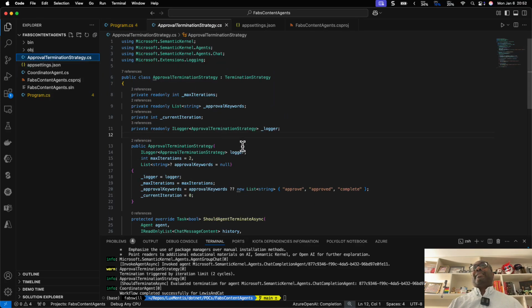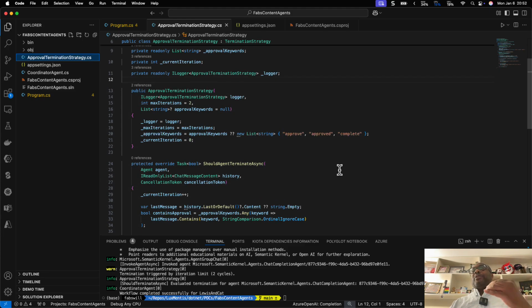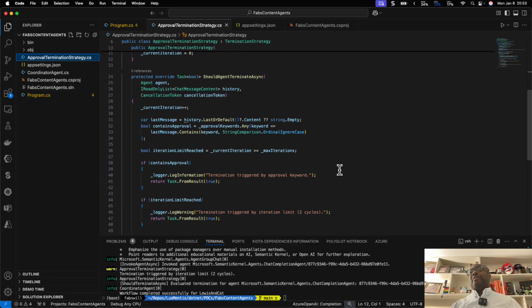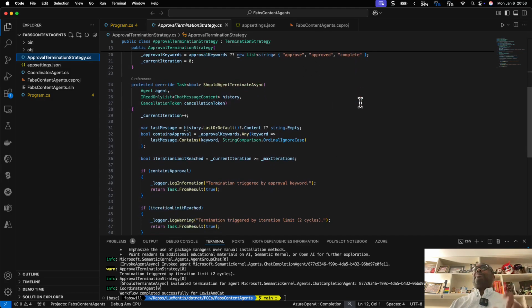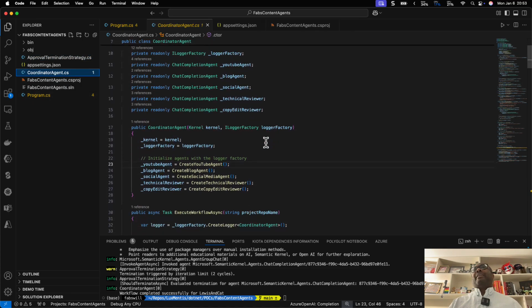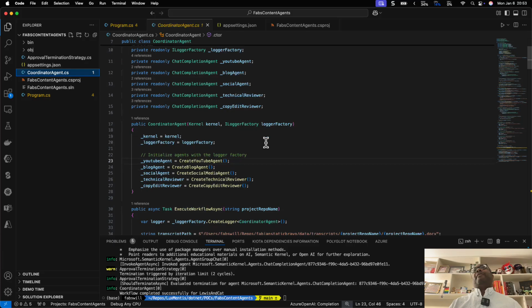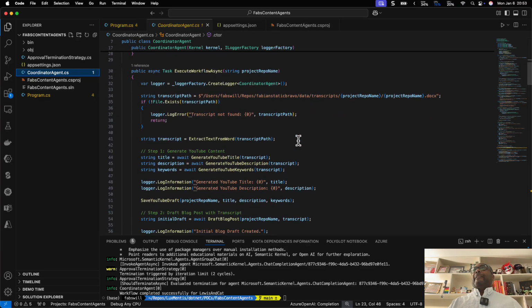The one thing that's important is this approval termination, because the agent needs to know when to stop. I was having issues before, so I have it look for keywords, when it responds back with either approved or complete, or I say don't go more than 2 cycles. I have a coordinator agent that's in charge of everybody. That coordinator agent creates the YouTube agent, the blog agent, the social media agent, the technical reviewer, and the copy edit reviewer. And it looks for, as I mentioned before, inside transcripts,